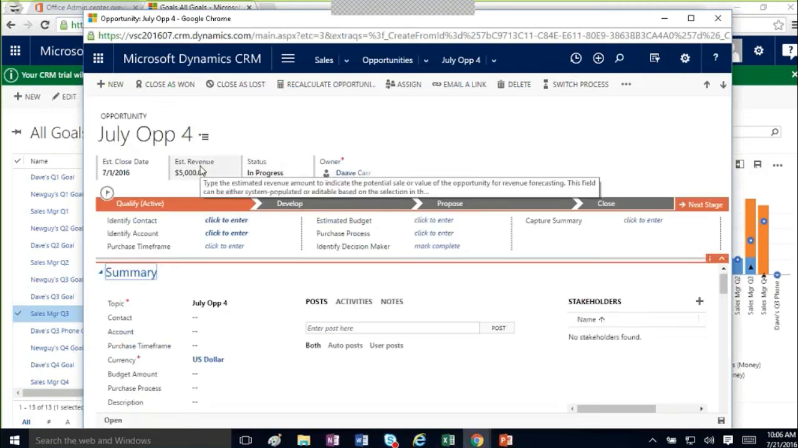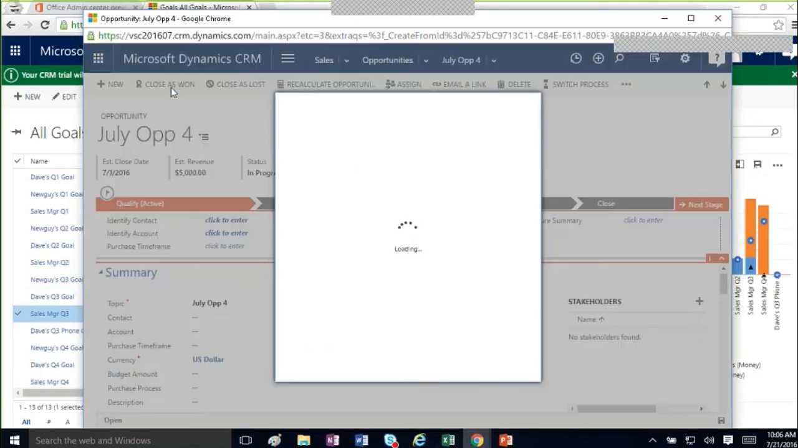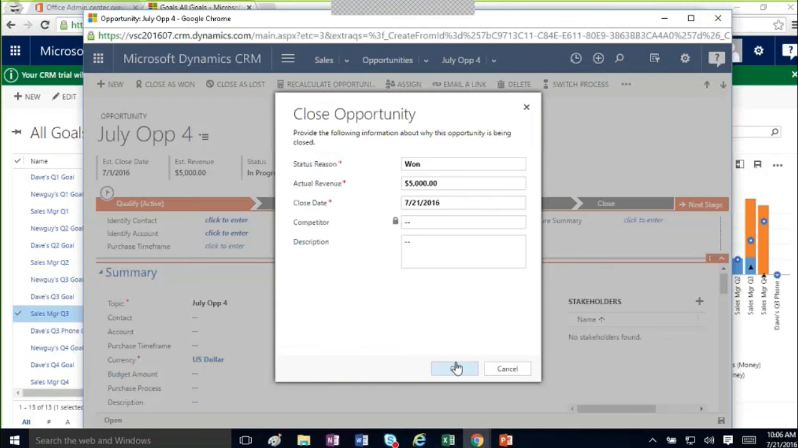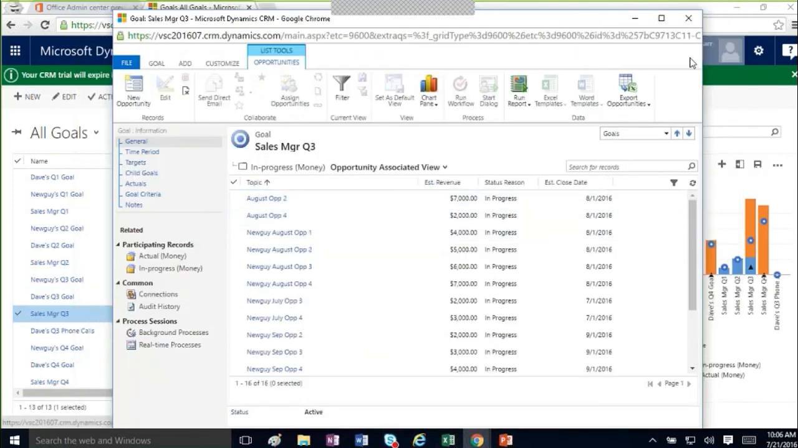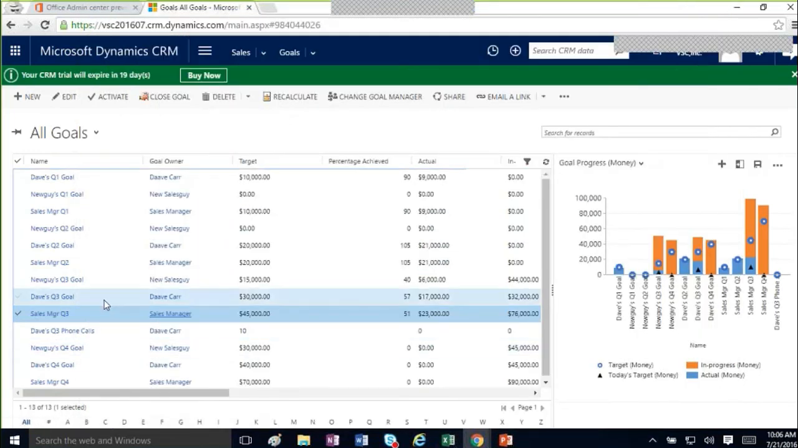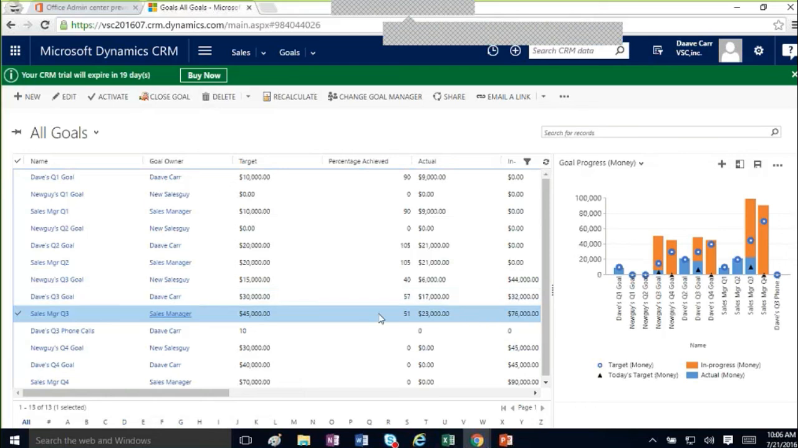So this is a $5,000 one closing in July. I'll close it as 1. And let me go back to the main chart here. So the sales manager Q3 and Dave Q3 are set to 17 and 23. That was my goal. We just closed for 5, so this should change to 22 and 28. When I recalculate just the manager goal,